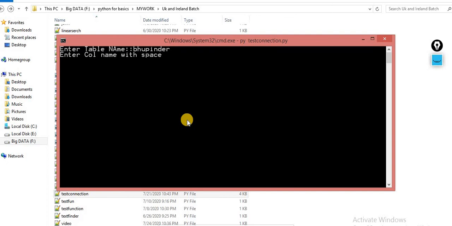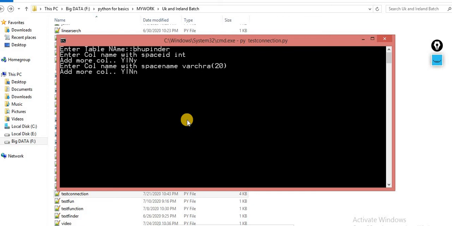Now you are supposed to tell the columns. For example, the column is ID and the data type is int. Add more columns? Yes. The second column is name, and the data type is varchar 20.